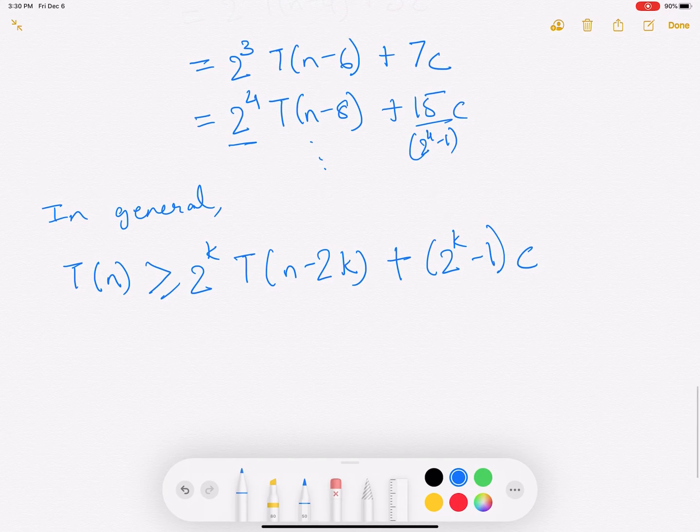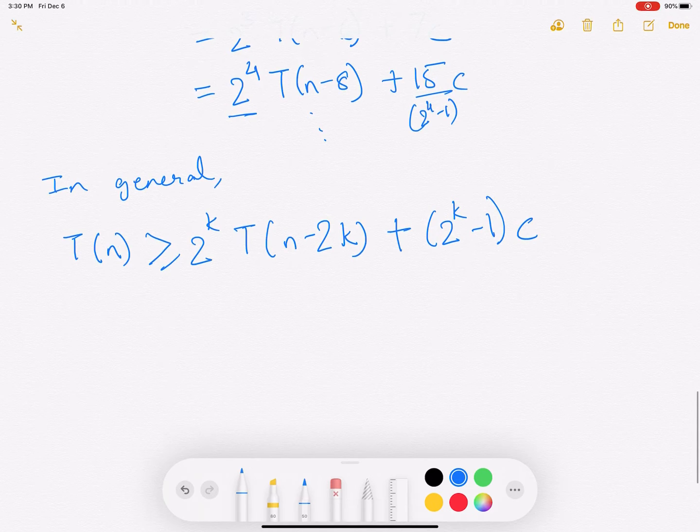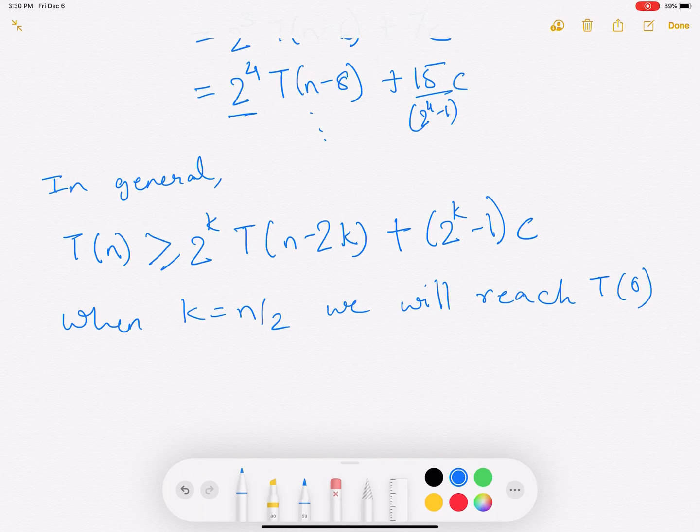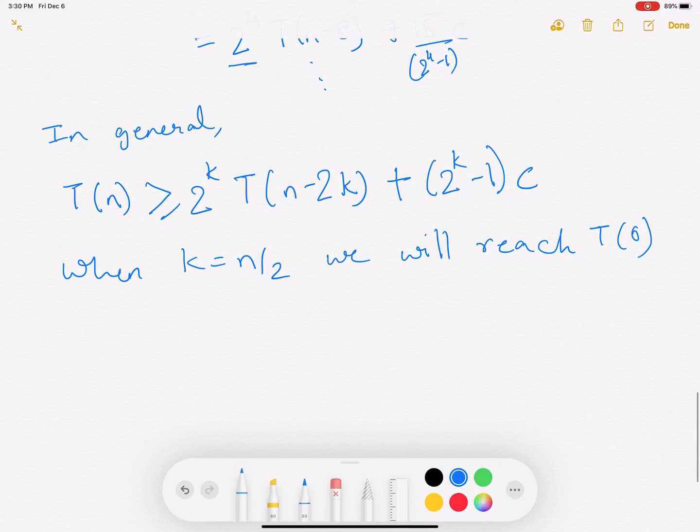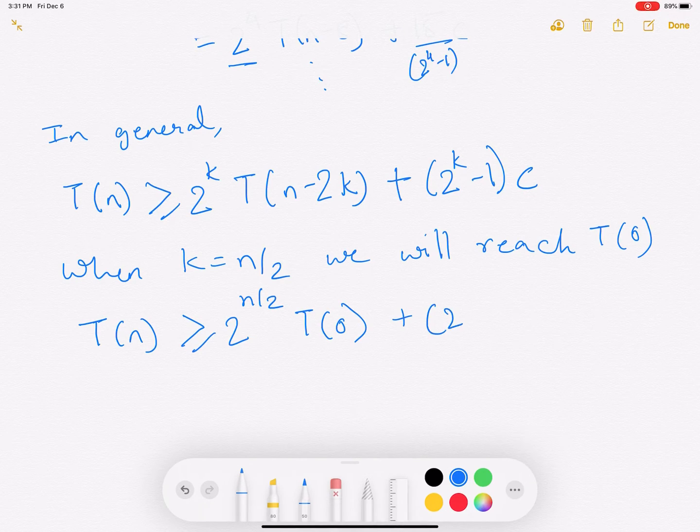Now, when will we reach T0? When k equals n by 2, we will reach T0. So, if we substitute this, we'll get Tn greater than or equal to 2 to the n by 2 T0 plus 2 to the n by 2 minus 1 times C, which is greater than or equal to, now T0 is a constant,